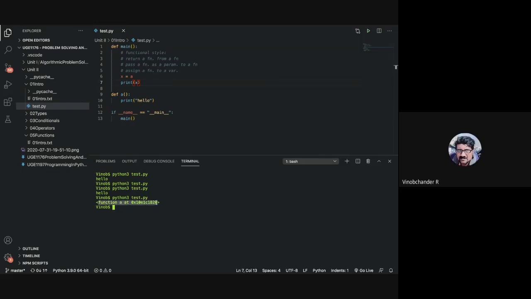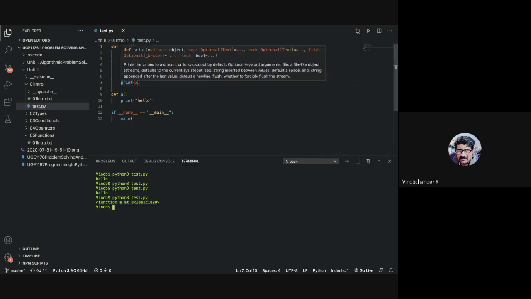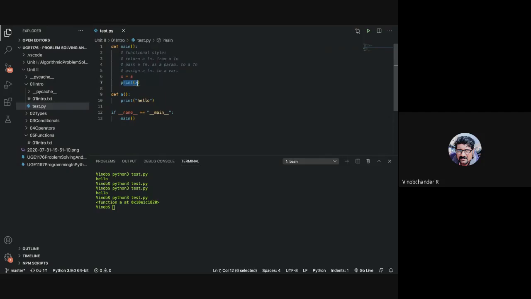See, since everything is an object, it gives something like an object identifier. Okay, sir, you are printing the object itself. So it is essentially the object, which is essentially the function. Even functions are objects in Python. Okay, sir.